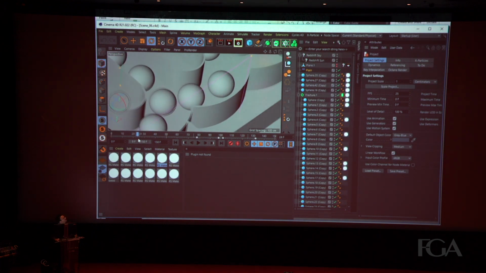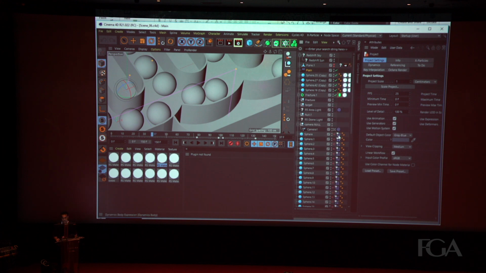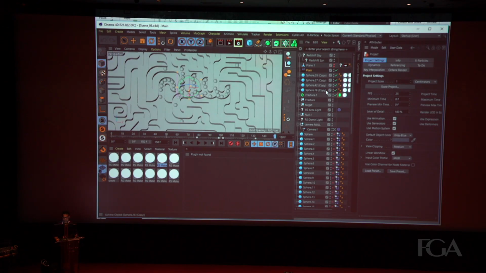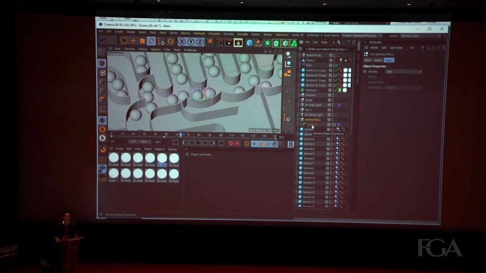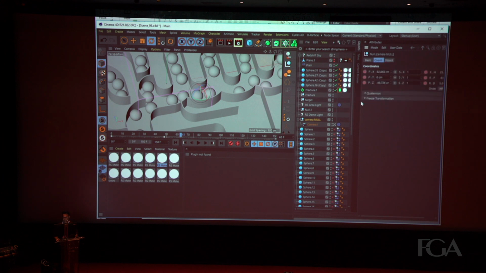Yeah, that was the simple setup. Again, I used those spheres dynamically. If you can see, I have these dynamics switched off because of memory space. Yeah, that was, I think, the simplest thing. And then camera animation. I used a simple camera null, I put a camera inside and gave my camera some keyframes. That's it. So let's see this again, and let's move forward to the next project.